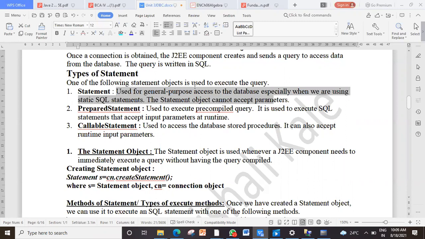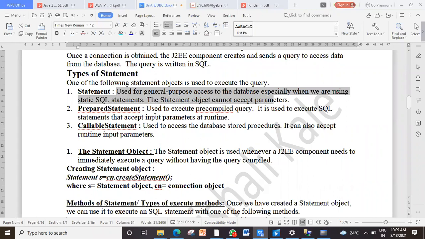Static means some questions whose answer can be directly taken out from the notes. Theoretical questions. Dynamic means like in DA and all, or suppose in DBMS, I give a question, but dynamically I create a different query. I have taught you the student case study, but suppose I create some kind of building case study and I'm giving you the question. So this is dynamic. Fine.